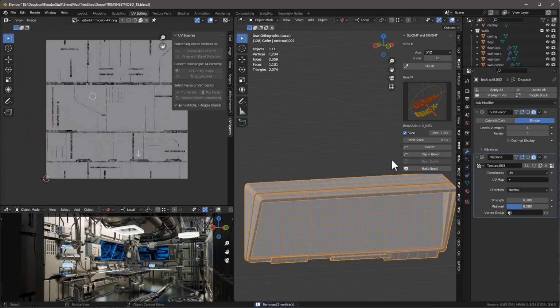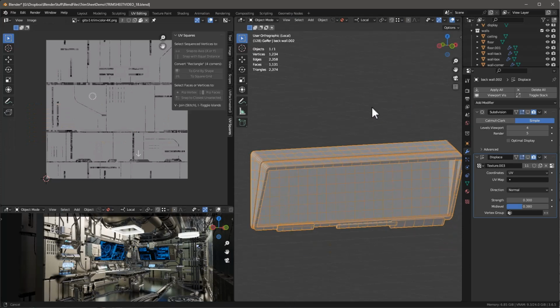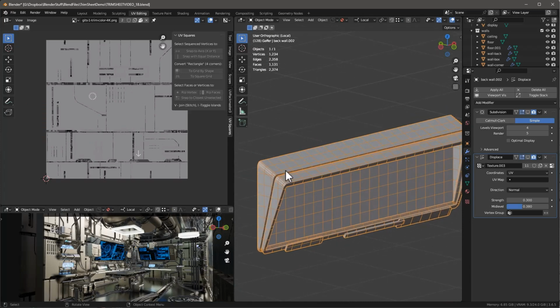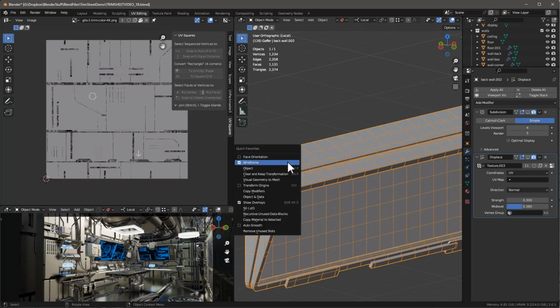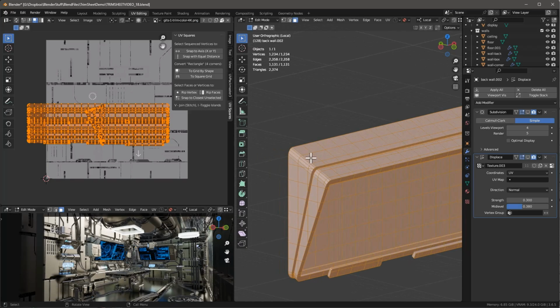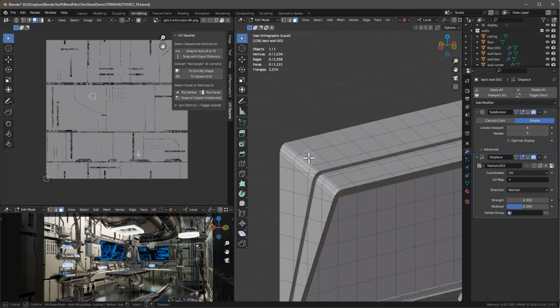So it's no big deal. So let's hit and get rid of this. So now that we have this done, we've got our grid, our proper grid. So the next thing I want to do is I'm going to go ahead and let's turn off wireframe, tab into this, and let's select just the outside stuff. So I'll do that by using my circle select here. Just grab this and